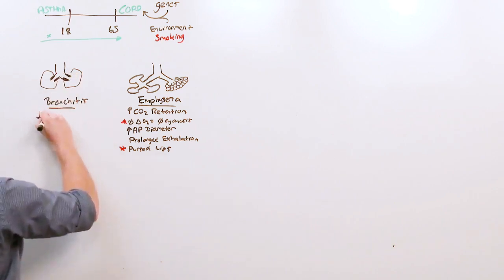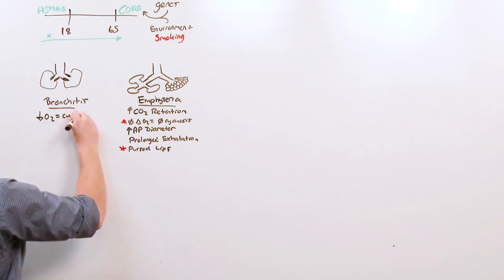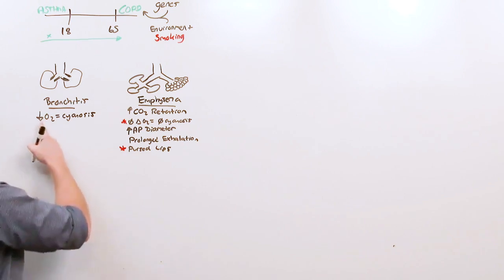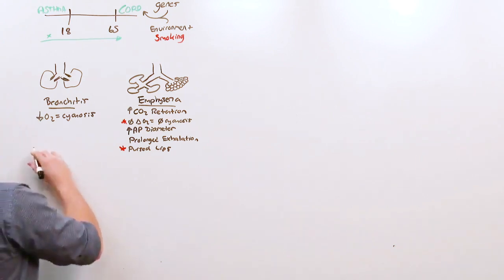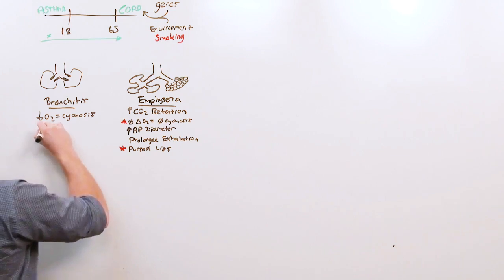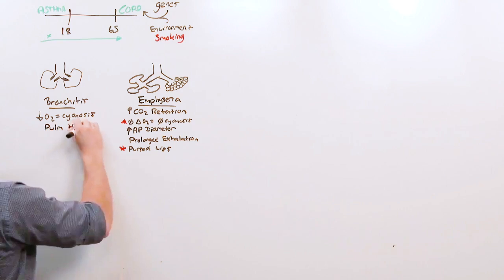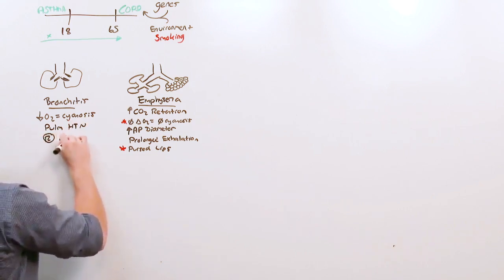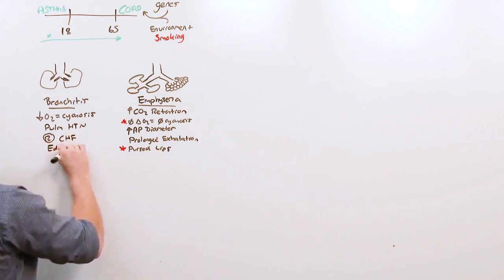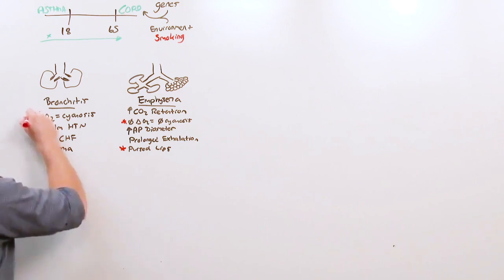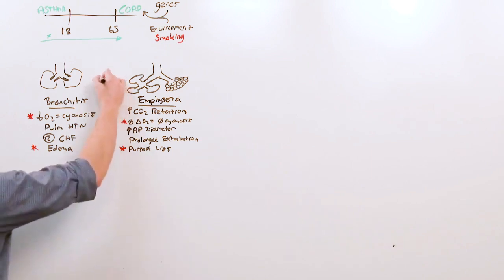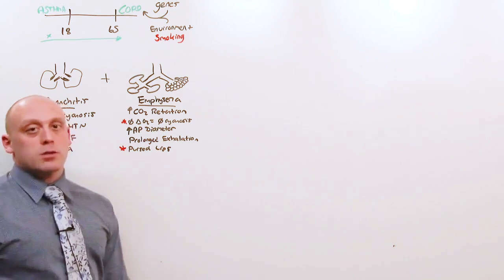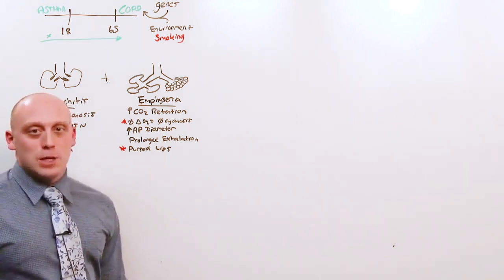Whereas on the other side, bronchitis, you have inflammation of the airways, which leads to decreased oxygen, which leads to cyanosis and hypoxemia. Decreased oxygen in the lungs causes vasoconstriction. Vasoconstriction increases the resistance in the pulmonary arteries, leading to pulmonary hypertension. Pulmonary hypertension leads to right heart failure, which really means edema. And it is the combination of the blue color of cyanosis and the edema that gives this side of COPD the nickname blue bloaters. In general, most patients are a combination of the two, where one characteristic may predominate. Most of the time, it's both.